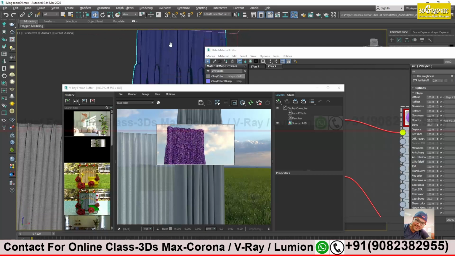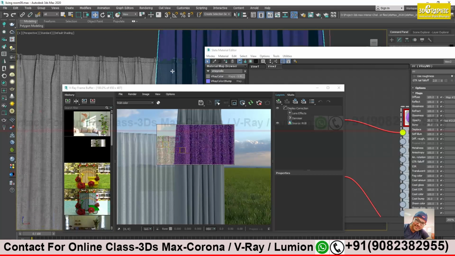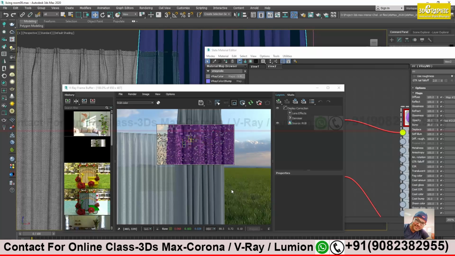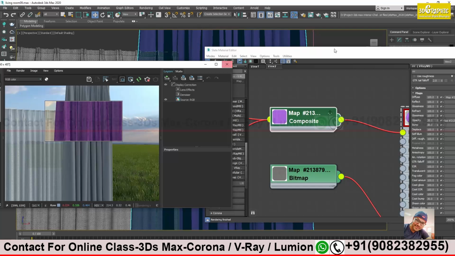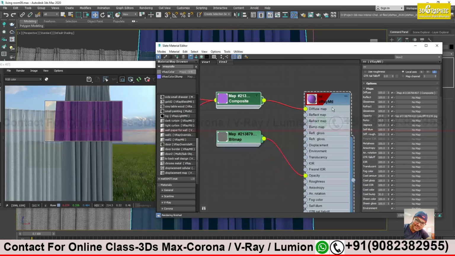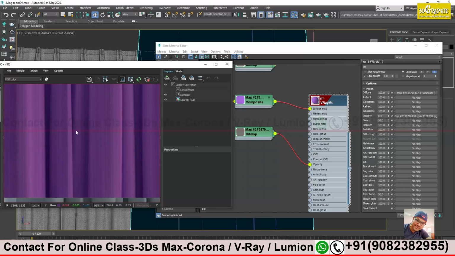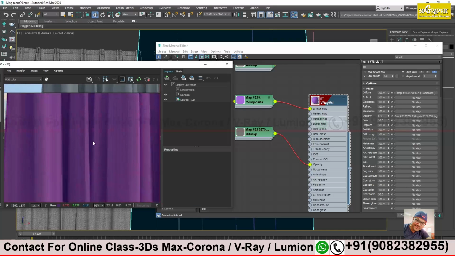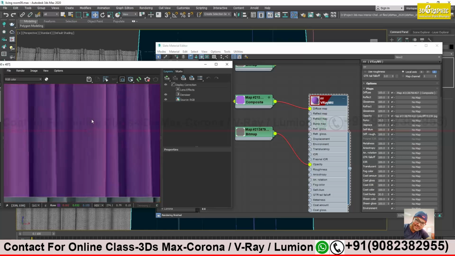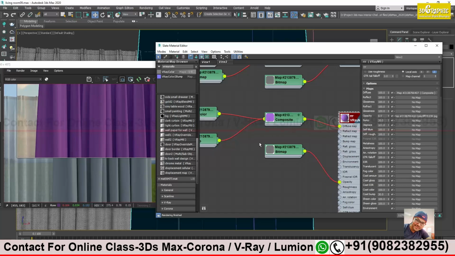First, I will reduce the opacity. I want to see the pattern first. Yeah, it is coming, no? You see, lines are coming. I just want to see if this pattern is coming or not. I want this to be more prominent.